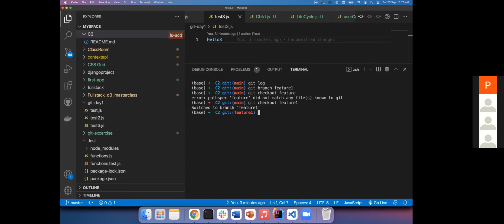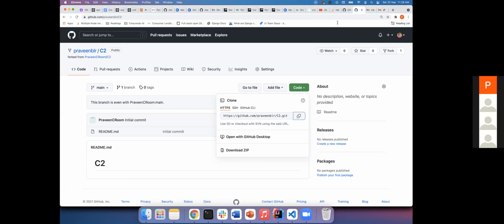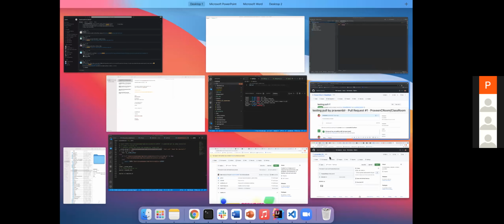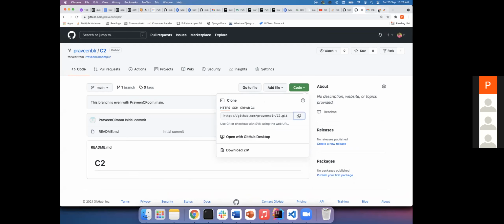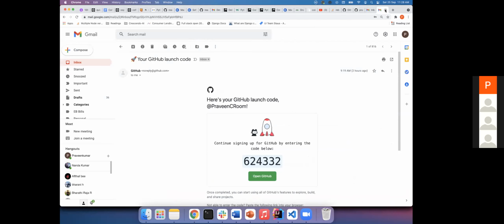So now it's saying switch to the branch feature 1, right? Can you relate what is happening? We have one diagram, right? What is the diagram I gave? There is the one diagram I showed you earlier, right? There is a flow of execution that happens when you do all this.